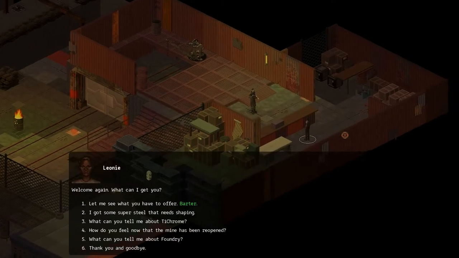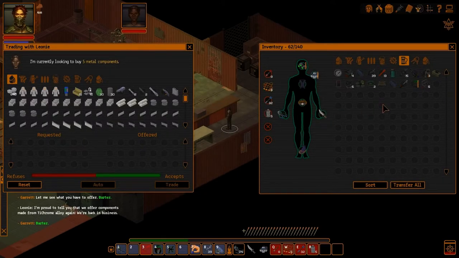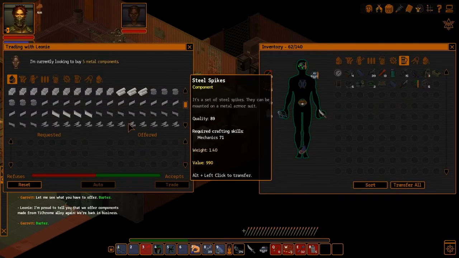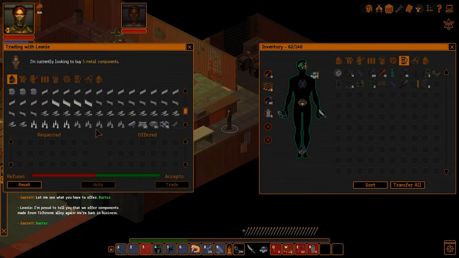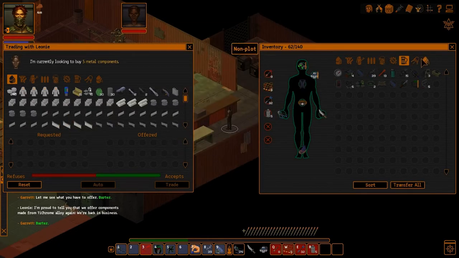Hello, Leonie. So, what do you have for sale? So, she doesn't have anything like a super string here. Just a bunch of different metal plates. And she's only looking to buy metal components, which we don't have any of. Okay, so...